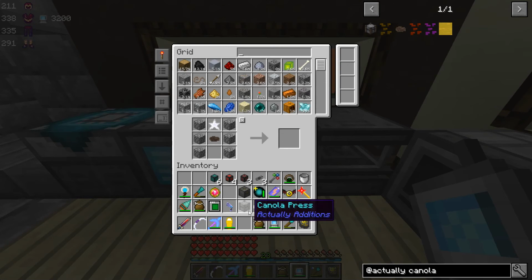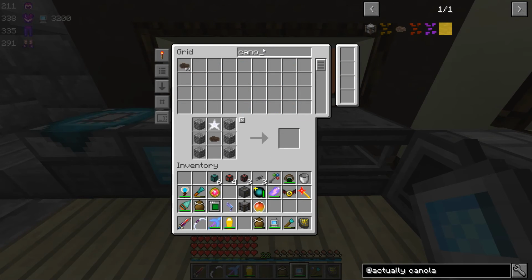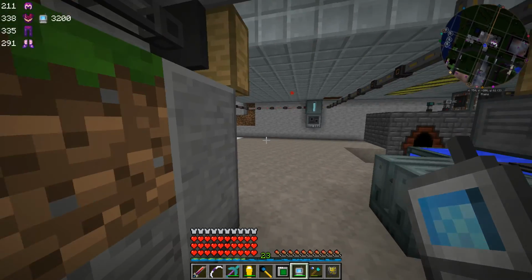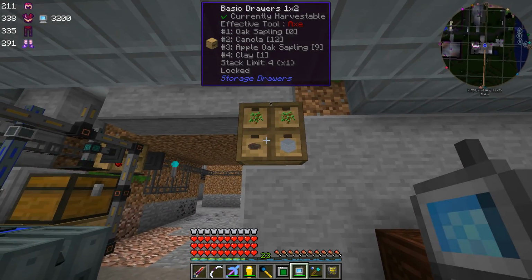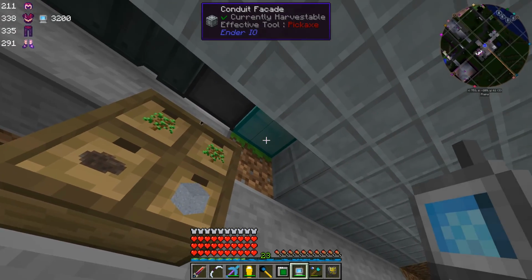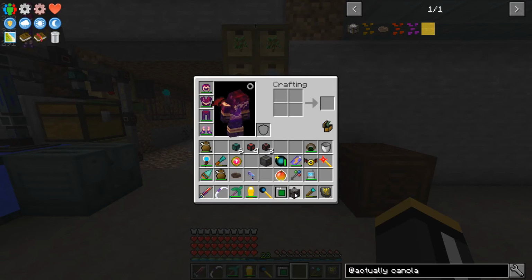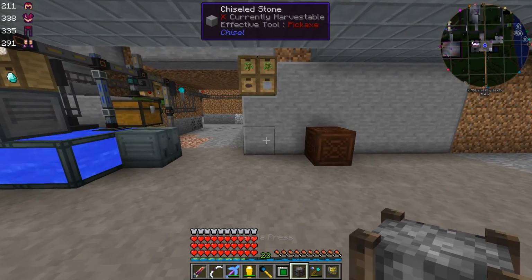Hooray! And what the canola press does is, as you might guess, it takes canola and it presses it into canola oil. So let's just start with that. Okay, I'm adding canola to this exporter, and I've got a storage drawer here. This is the same storage drawer that's feeding saplings to our power up there. I'm going to take our canola press, and we're going to put this,